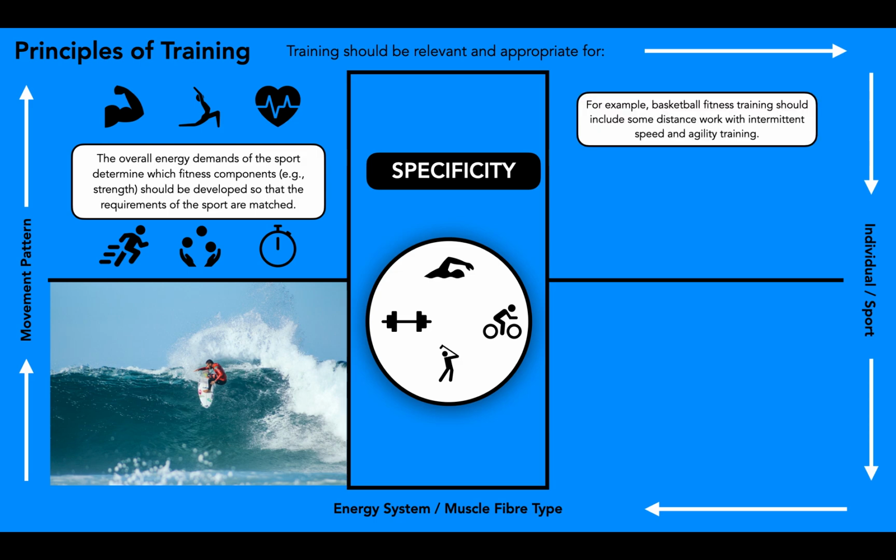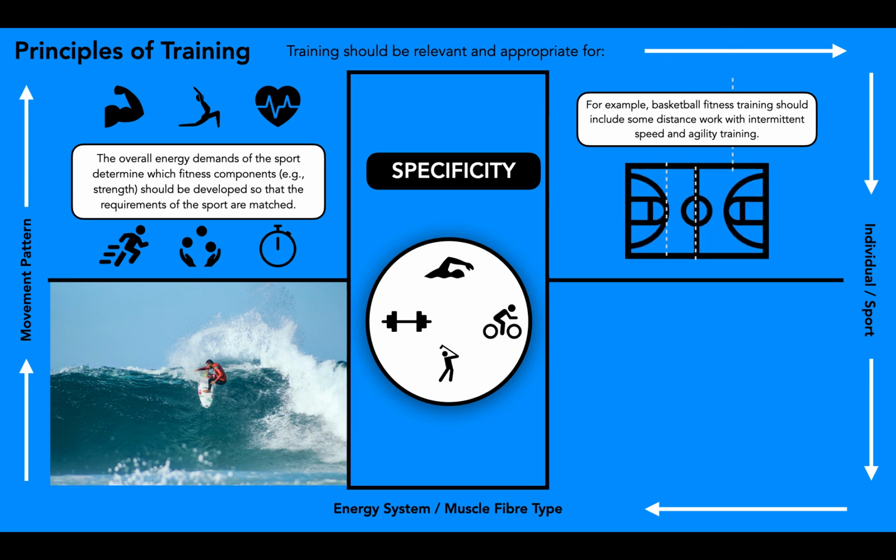Another example from team sports would be basketball. So for example, the training should include some distance work with intermittent speed and agility training. So what's very common, if you've seen the movie Coach Carter, they use running lines, or as known in the film, suicides. So if you're not familiar with suicides, this is where they'll split the court into several sections and